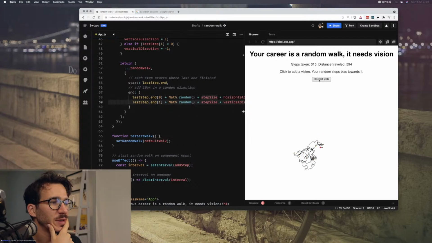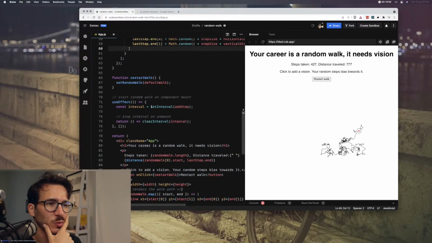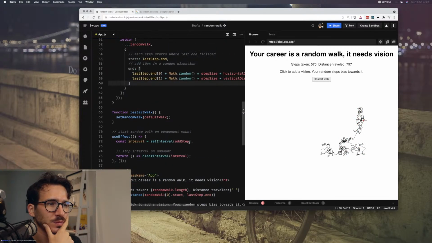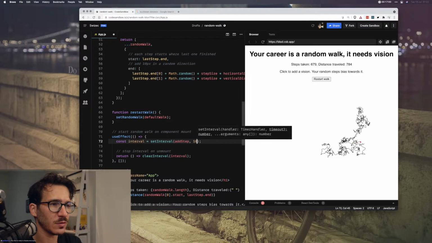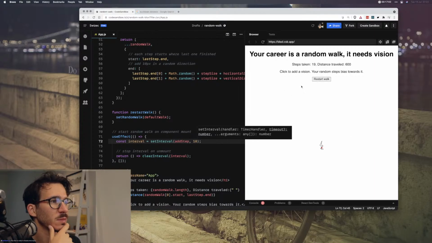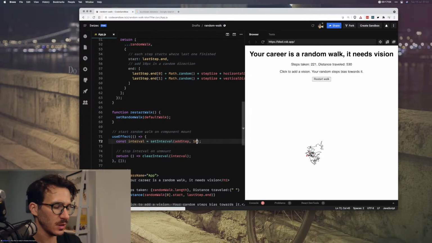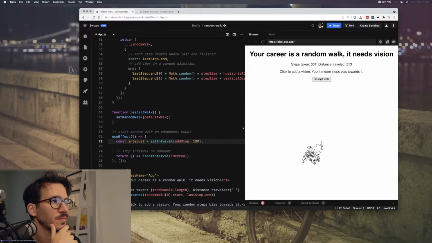Should we make this smaller? Or rather, should we make it run slower? Let's add a set interval for 10 milliseconds. That might be a little bit slower. 100 milliseconds maybe?